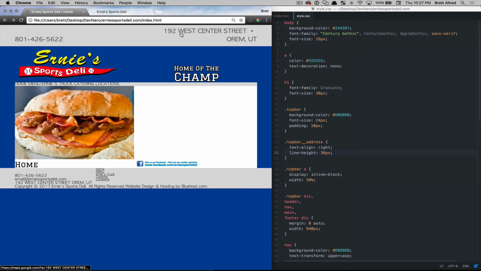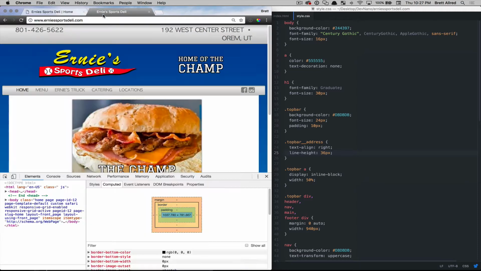Refresh, and now we have that space there. So that's looking pretty good compared to theirs. Now in doing that, our phone number is aligned on the baseline, not at the top, where theirs is aligned